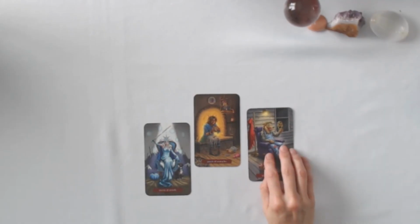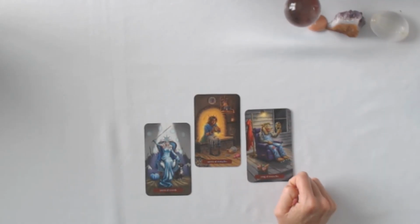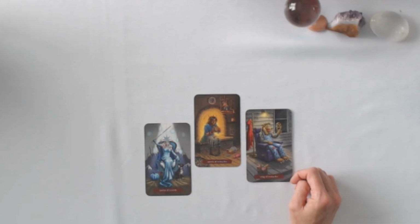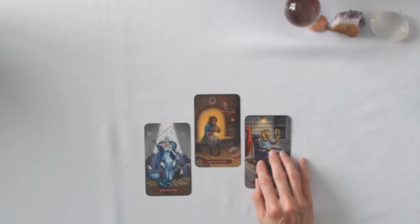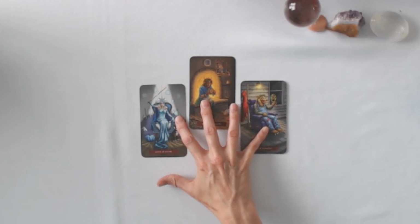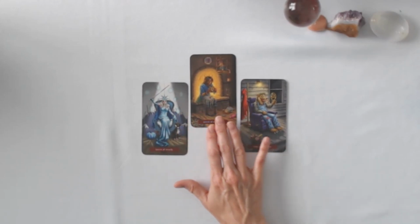So King of Pentacles is typically a card of accomplishment. It's a card of success. It's the person who kind of has it all. But if you take it in this context with the big bad wolf who has just recently devoured Little Red Riding Hood, yeah,